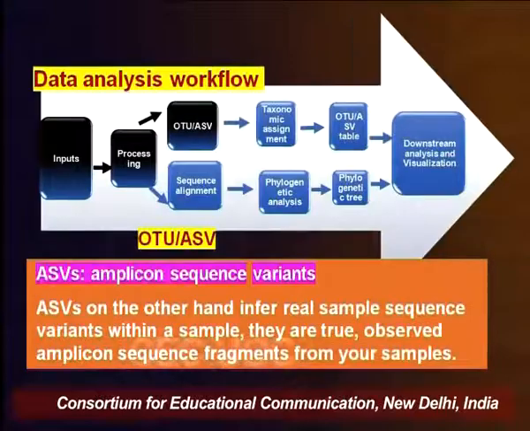Then what happened? Fresh algorithms were written, and ASVs were recognized. ASVs can overcome these errors because they don't depend on a fixed threshold, and they give you error-free, better, realistic clusters and realistic information about the biological data. So taking it further, how do we do OTU picking, and then we'll talk about ASVs.